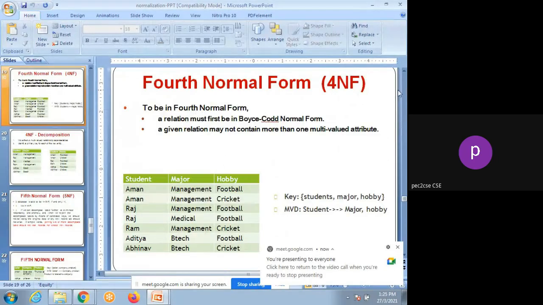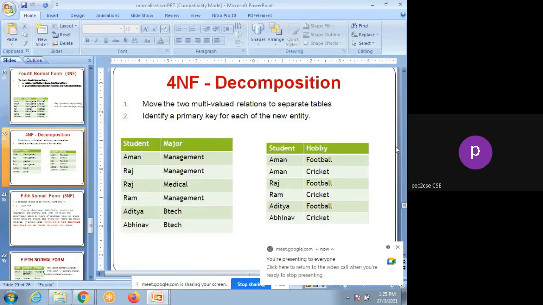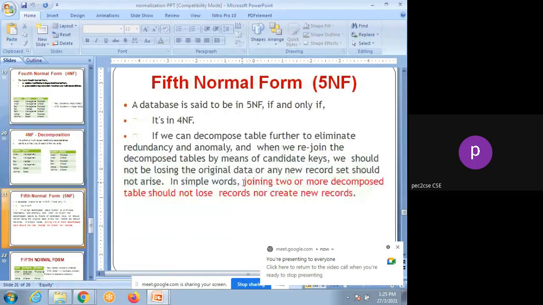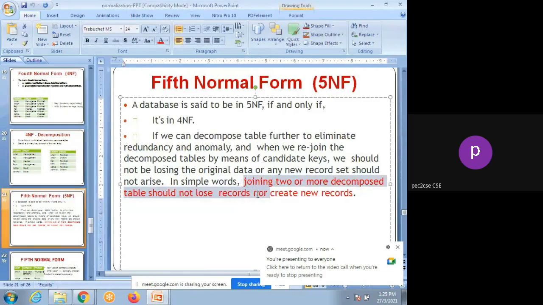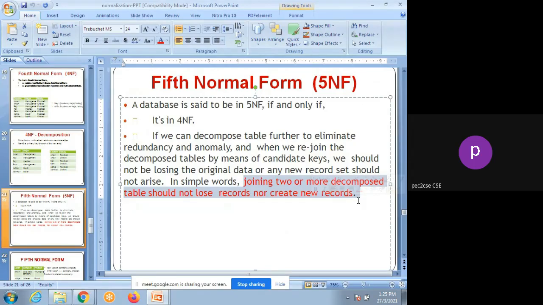But fifth normal form says that you have to preserve the join dependency. Joining 2 or more decomposed tables should not lose any record or create a new record. This is the fifth normal form statement. So whenever, after decomposition, you do the join operation, it should not lose any data or create any new record also. So that can be accomplished